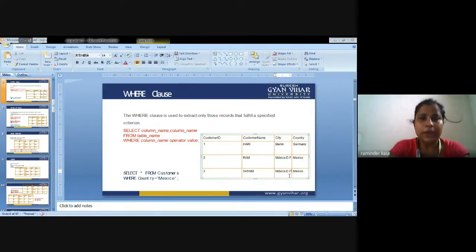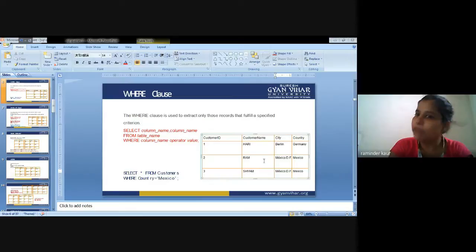Okay, this one. Select star from customers where country is equal to Mexico, where condition is given. I am supposed to select all the columns from the customer table, but again there is the specified condition where country is equal to Mexico.